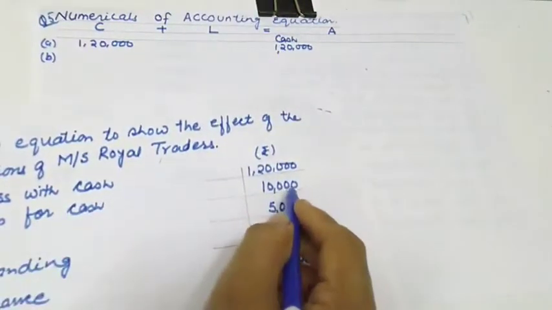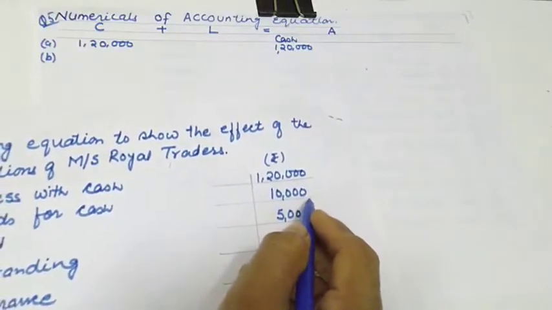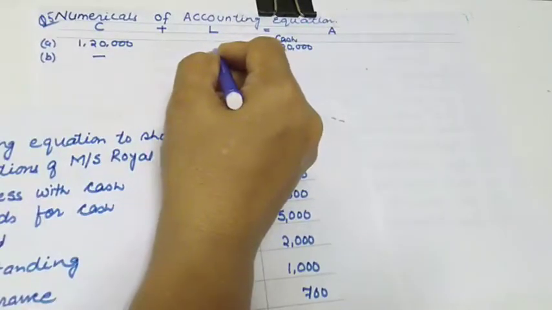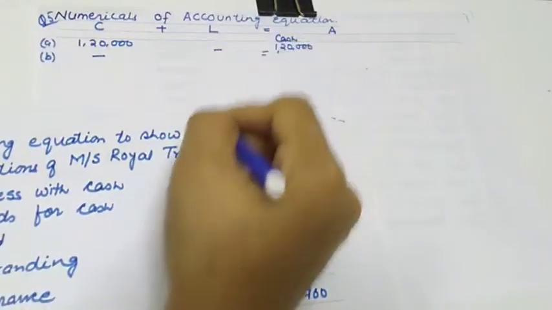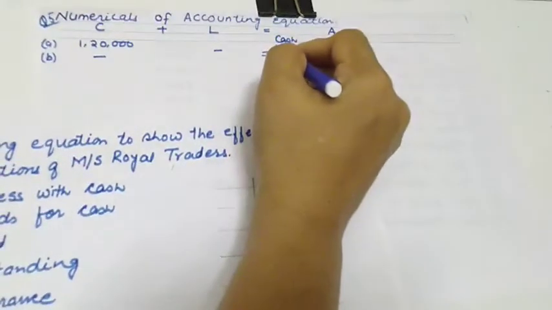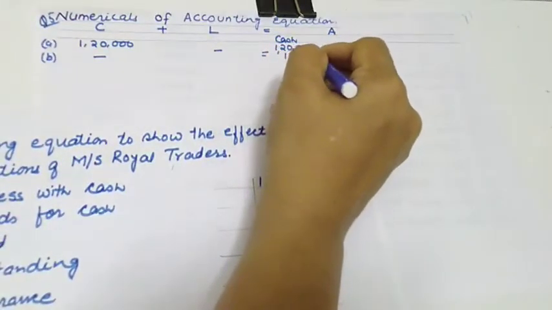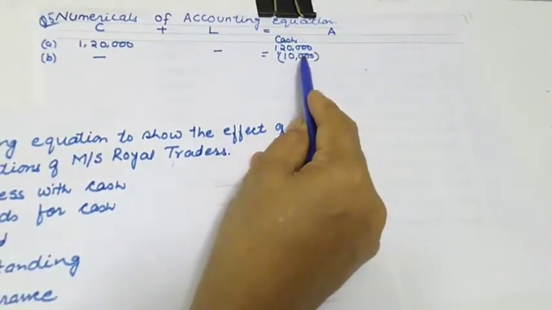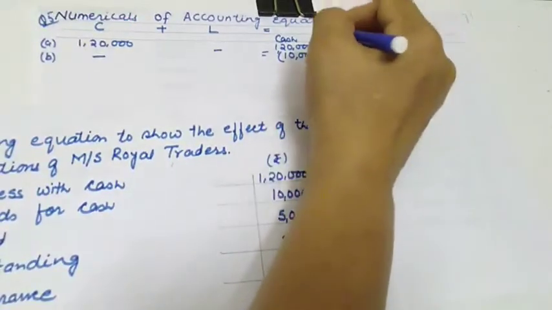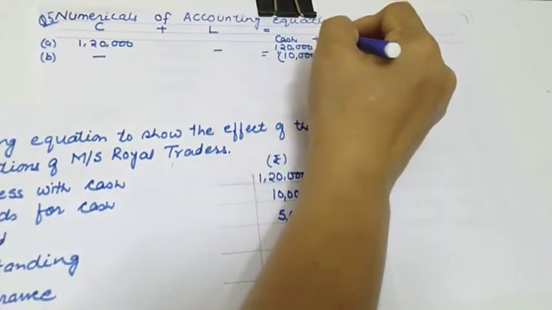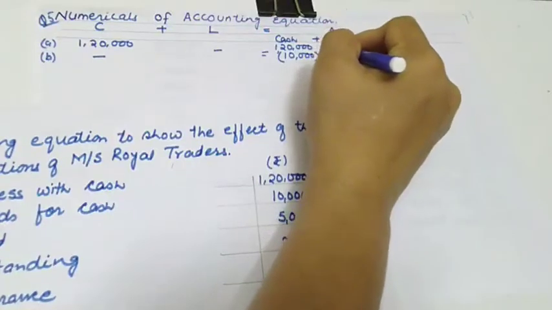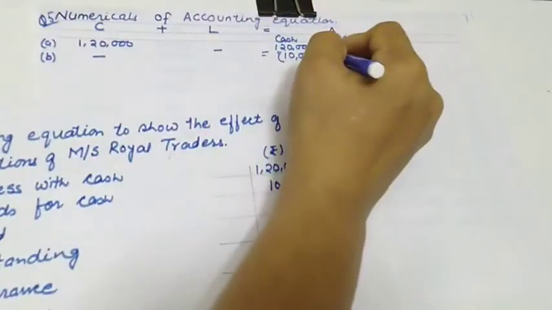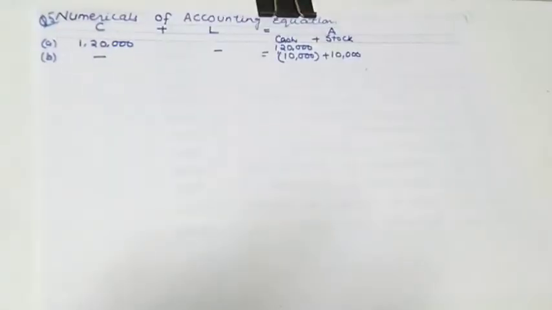Purchase goods for cash rupees 10,000. So what is to be done here? You are buying goods, so this is not going to affect your capital, not going to affect your liabilities. But when you are buying goods for cash, your cash will reduce. And you know how to show reduce? By putting a bracket. So bracket means I am reducing my cash by 10,000 and a new item will be added. What is the name of this new item? This is stock by 10,000. This is being added.